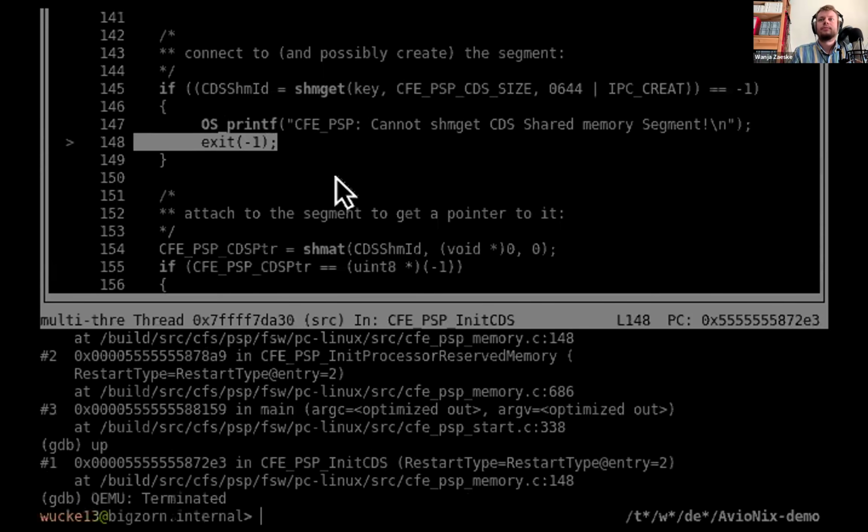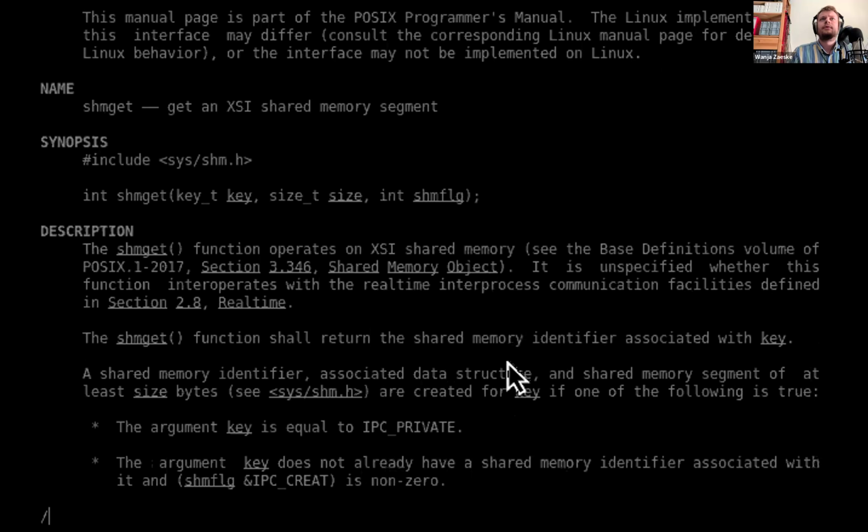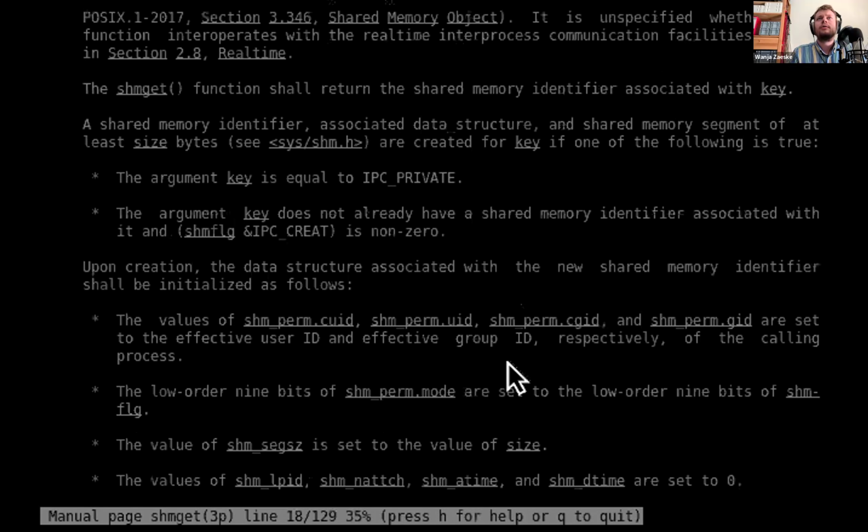I'm going to quit the virtual machine here, and we can take a look in the shmem-get man page. That's a different man page than I looked up previously.